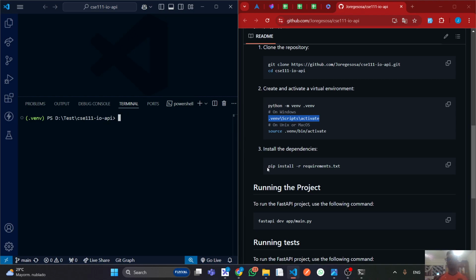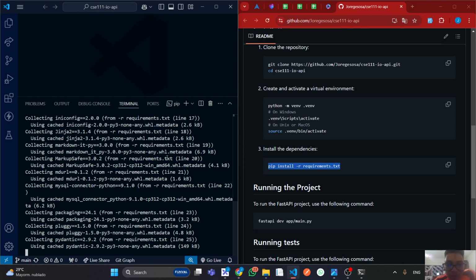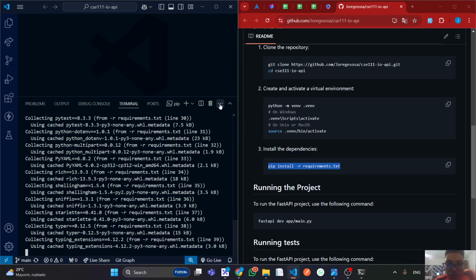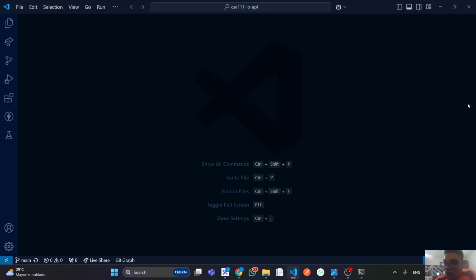After that, we need to install our requirements. The requirements are the modules that the project needs to work. I'm going to copy the command and paste it in the integrated terminal, run it, and that's it. While that runs and installs, because it's going to take a while, I'm going to give you a soft tour